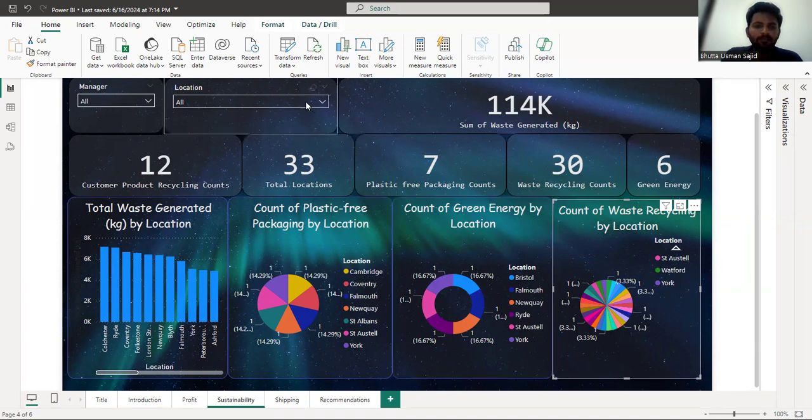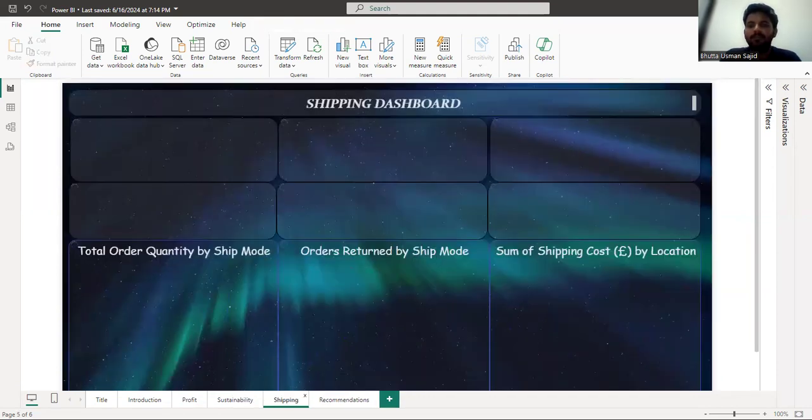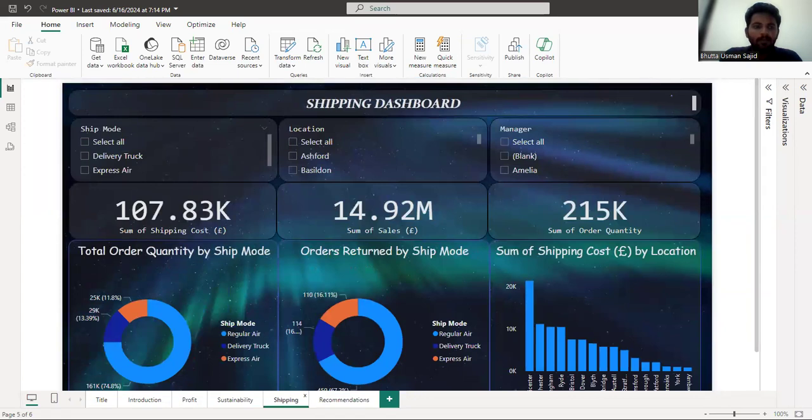Through their locations, we select all locations, so it shows all the stats. If I want to check one city by one, I click on this city and check its stats. After that, we can go to the shipping dashboard. We will discuss the shipping dashboard. First of all, the sum of shipping cost is 107.83 thousand, and the sum of sales is 14.92 million,